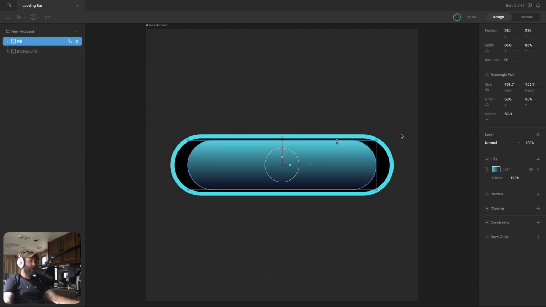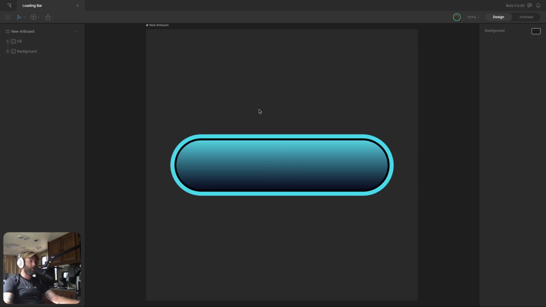So instead of using scale, what we're going to do is use the width property here in the inspector and just crank that up until we get the same gap from here to here all the way around. And I think we're pretty close there.